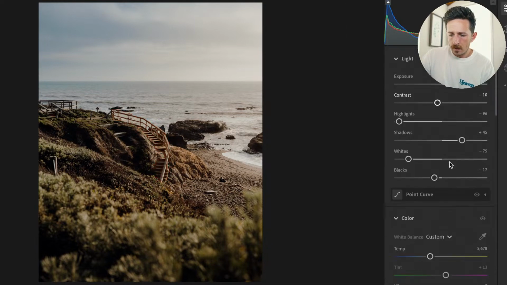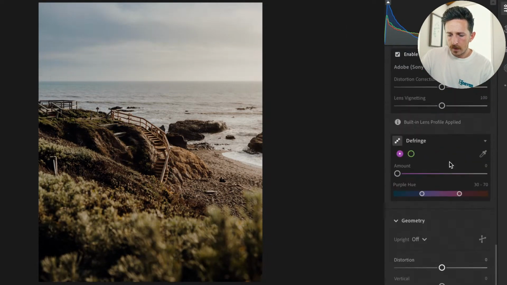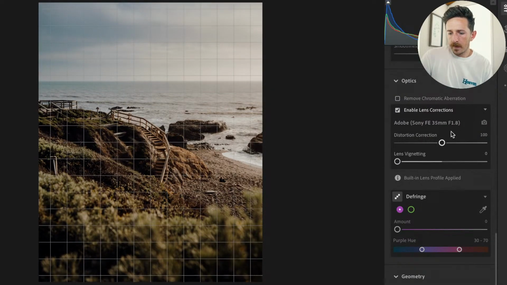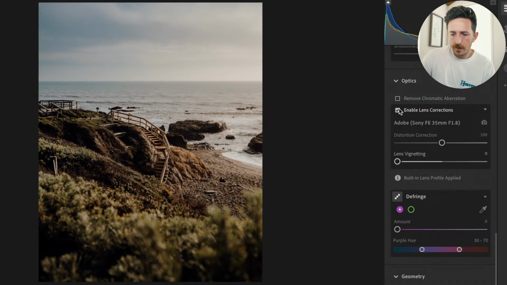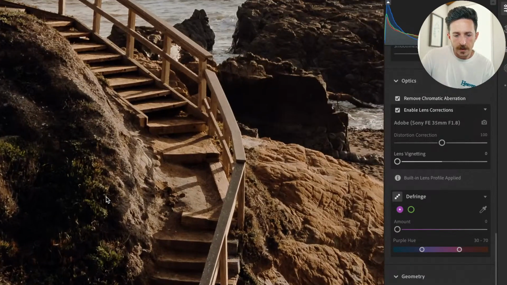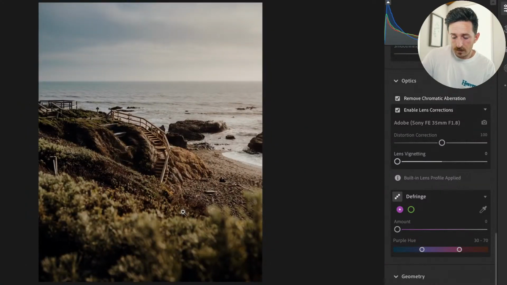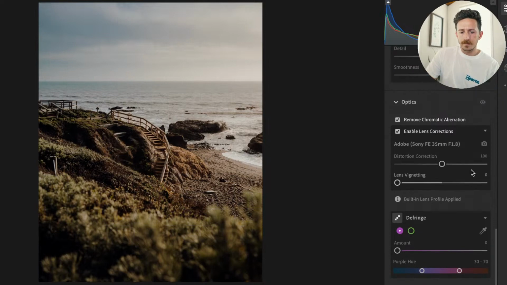And then, where is lens? I do like me a vignette. The 35 that I shot this on very much has a nice, I'd say a pretty decent vignette on it, but personally I like it. It's kind of cool. I think what I might do,